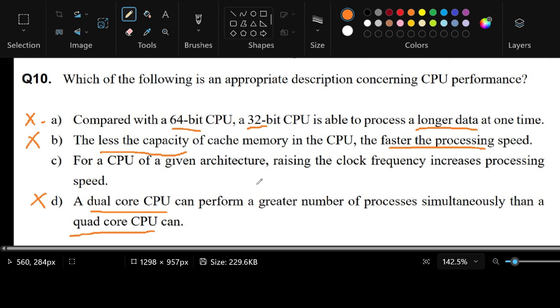for a CPU of a given architecture, its processing speed can be raised by increasing the clock frequency. We know that this can be done if you go to the BIOS, for example, of your computer, and you set the clock frequency to be overclocked, or you set it to a much higher frequency. And I think there are people who mainly do that so that they can play games with a lot of 3D graphics. And usually too, if you don't want to mess around with your clock frequency, because maybe you think that it'll heat up your computer much faster, which is actually quite possible,